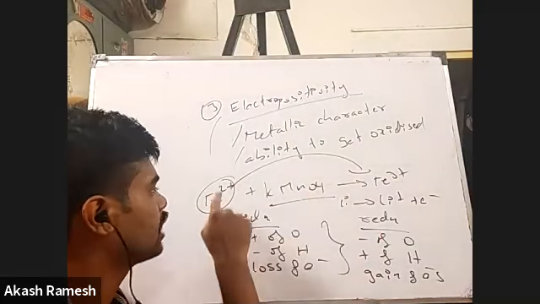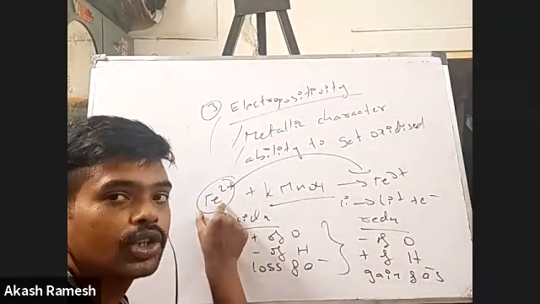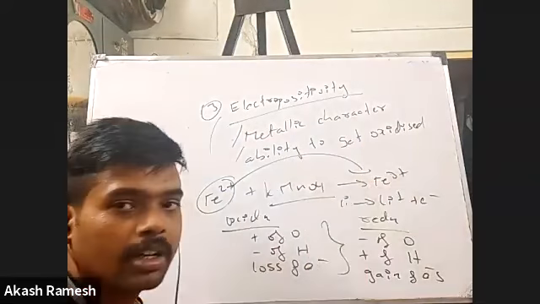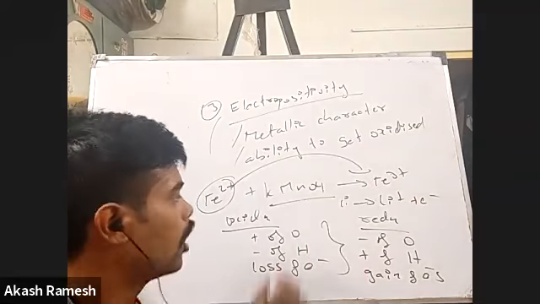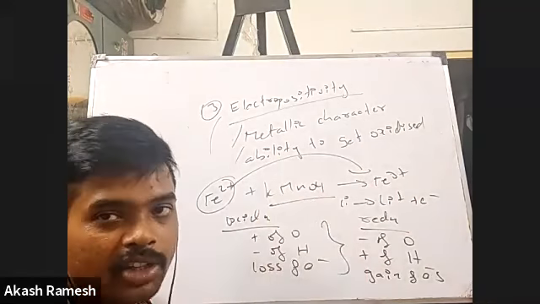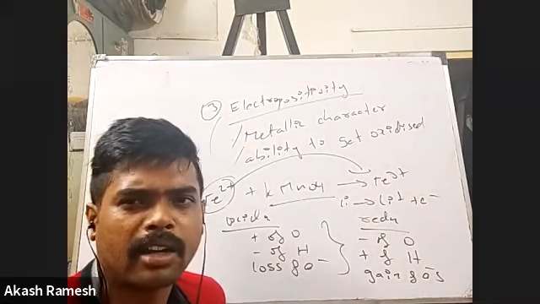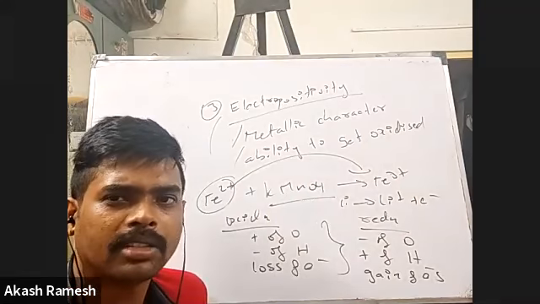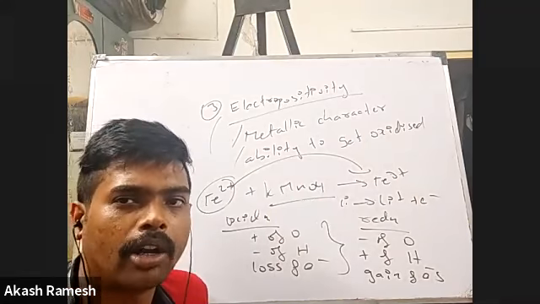So what you're seeing here is that this particular thing is the oxidizing agent which helps in oxidation of Fe2 plus to become Fe3 plus. Now the question is how it does this. How does an oxidizing agent help in oxidation? The answer is that it is actually a sacrificial oxidation. That means the oxidizing agent is going to sacrifice itself in order for the other compound to get oxidized. What do you mean by sacrificial? Now it is going to undergo the opposite process.